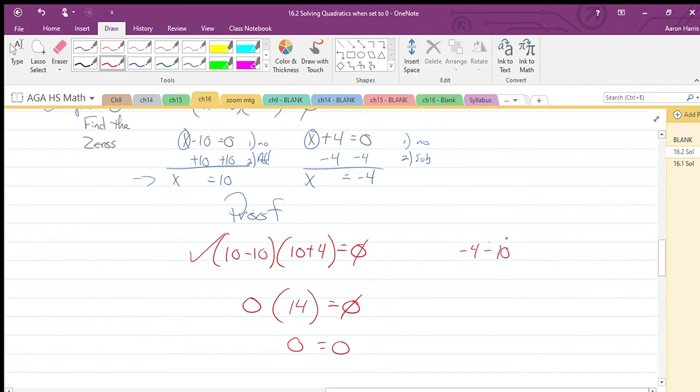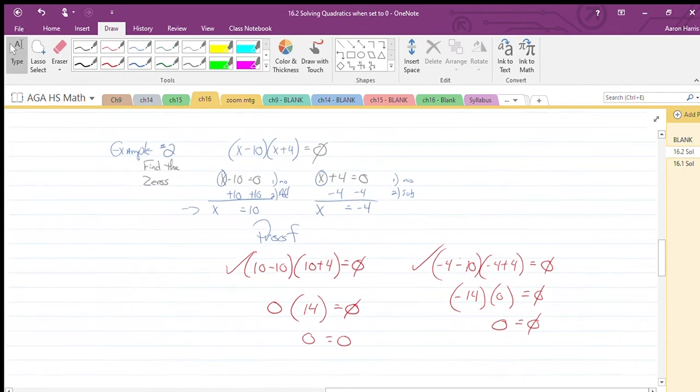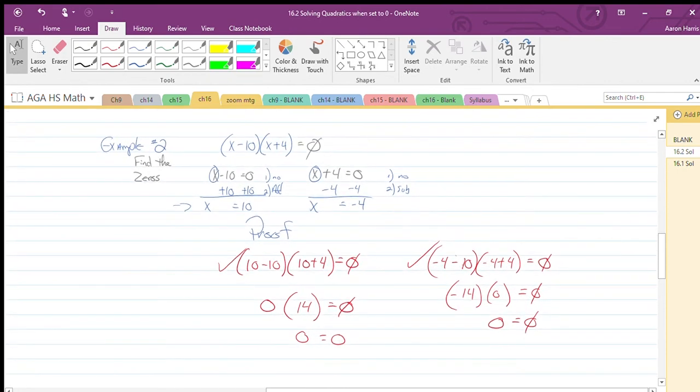All right. And then I have -4 plus 4 equals 0. -4, -10, -14. -4 plus 4, 0. 0 times -14, 0. Does that work? Yes. So I know that when I set it equal to 0, that this 10 and this